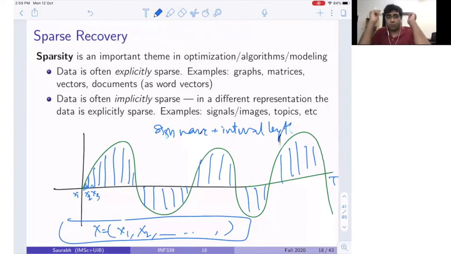This is a very important topic which finds application in image processing, databases, and so on. Even if you look at explicit sparsity, such as friendship graphs or social network graphs, they tend to be extremely sparse, because you're not going to make friends with millions of people. You have good friends with only 10 or 20 people. Generally these graphs, matrices, vectors, or documents turn out to be very sparse, and algorithmically we would like to make explicit use of this.